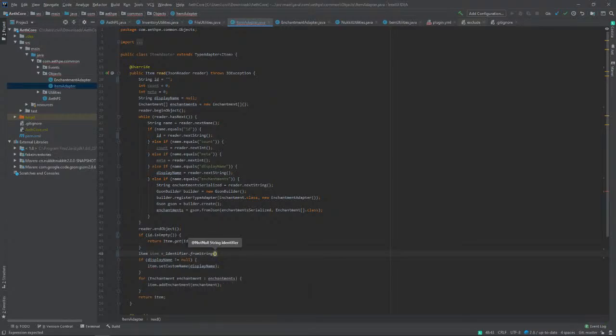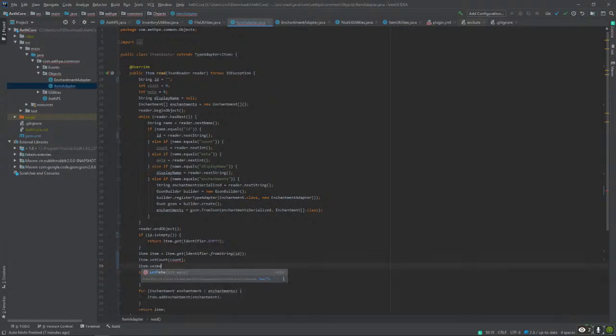So I can just use from string, and I believe if I use the namespace, or no, the ID is what it's called, it'll pull the item. And then I should do item.set count equal to count, and then item.set meta to meta.